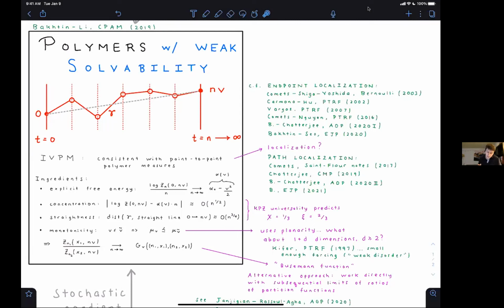All right, so first of all, the fact that you had a kick forcing solution and you can solve it using Feynman-Kac, this gives you this explicit free energy. And maybe this is the most solvable thing if you want to characterize some notion of solvability of this model. Namely, you have a deterministic free energy that depends on the direction that you send the polymers. It's given by an additive constant alpha naught, which just depends on the distribution of the kick forcing. And then you have this deterministic parabola that gives you the directional dependence. And the fact that that's such a nice, clean parabola with no mystery behind it, it's an exact formula, proves to be very useful.